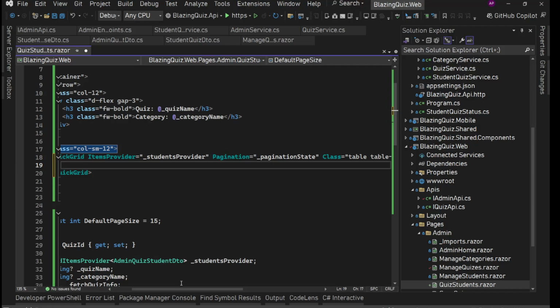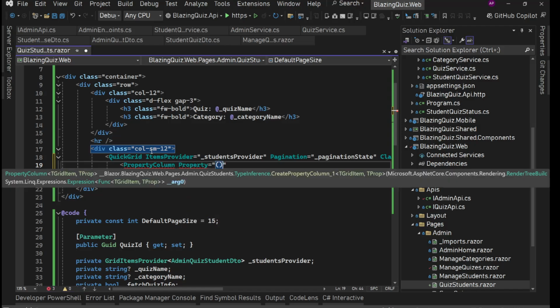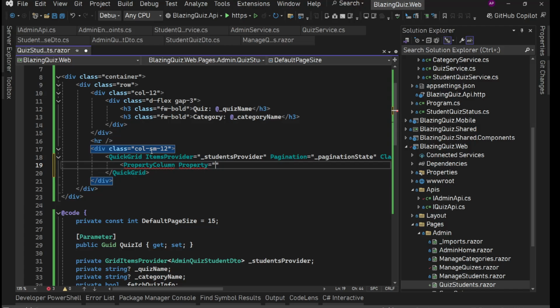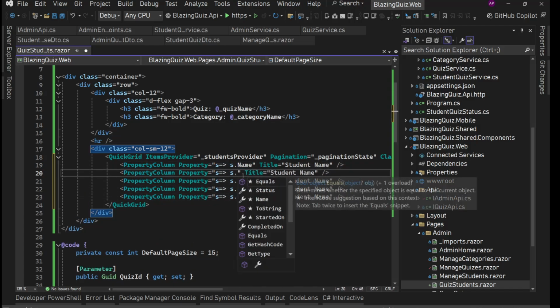Inside this, we are going to have some items. So we'll say property column. Property, first thing we'll display the name of the student. We'll say s dot name, and for title we can say student name. Okay, copy it a couple of times. Then we'll say s dot